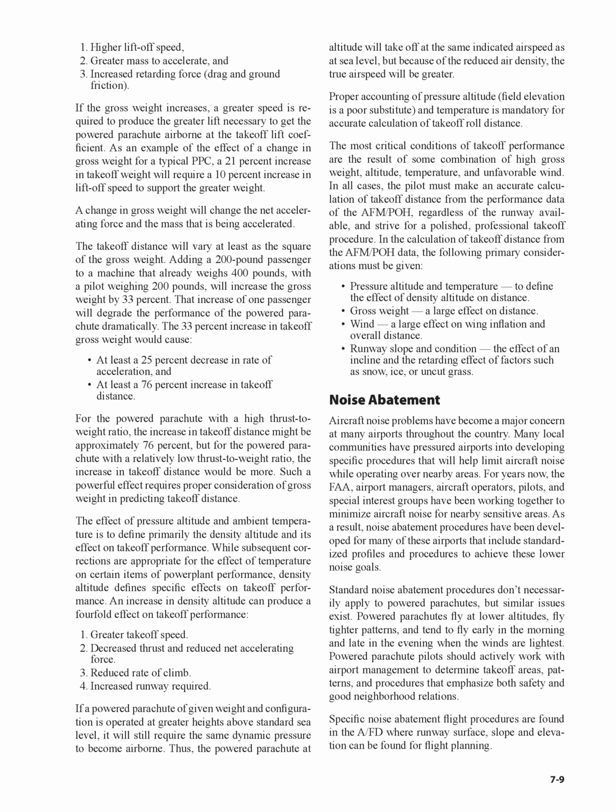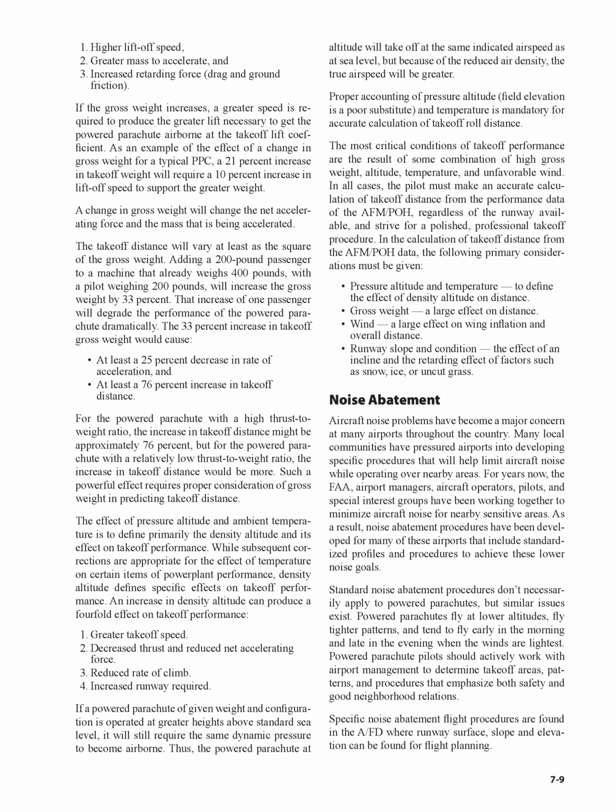In the calculation of takeoff distance from the AFM/POH data, the following primary considerations must be given: pressure altitude and temperature, to define the effect of density altitude on distance. Gross weight, a large effect on distance. Wind, a large effect on wing inflation and overall distance. Runway slope and condition, the effect of an incline, and the retarding effect of factors such as snow, ice, or